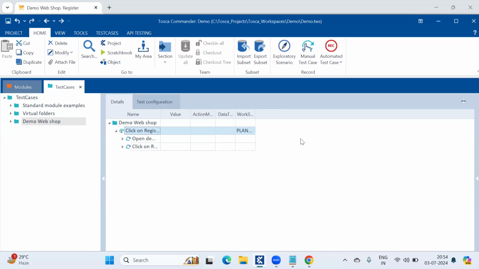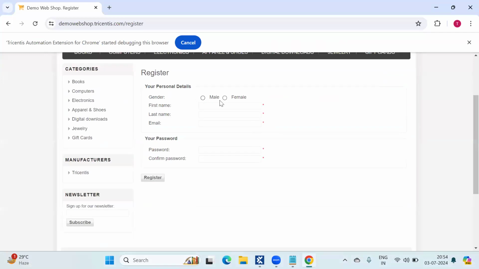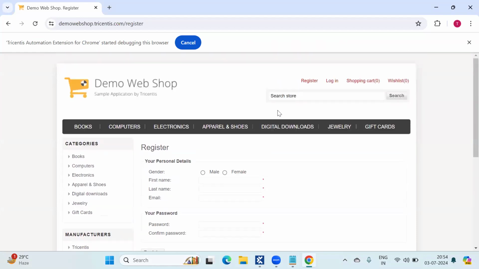In this application, it will contain all the controls: radio buttons, check boxes, input text fields, links, everything will be there. If you go to your live project, the application will be different, but the controls will be the same. You need to learn how to work on those controls. 100% all the controls will be available here.